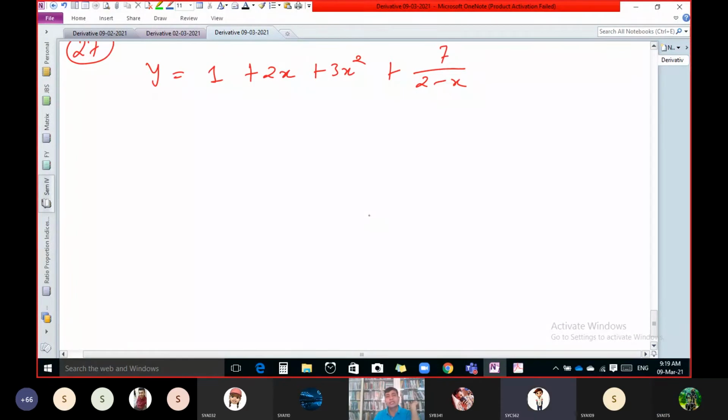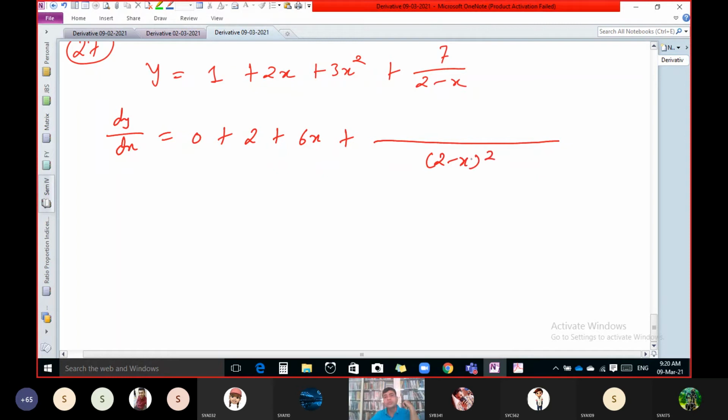Derivative or direct simplification? Derivative. Correct, direct derivative. What is the derivative of 1? 0. Derivative of 2x? 2. Derivative of 3x square? 6x. Plus, now for this part,